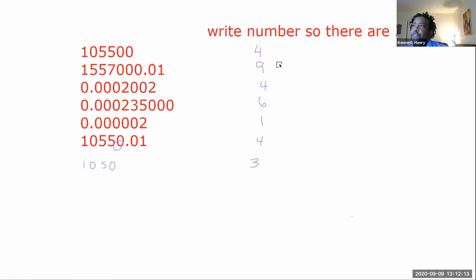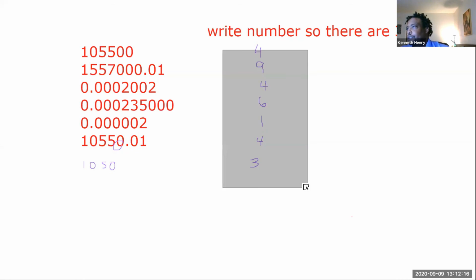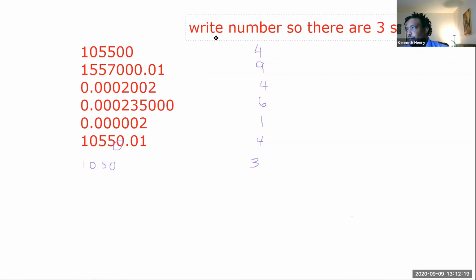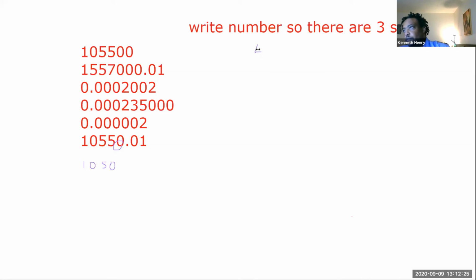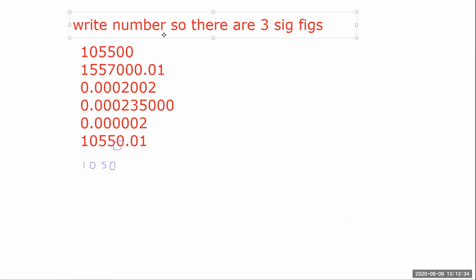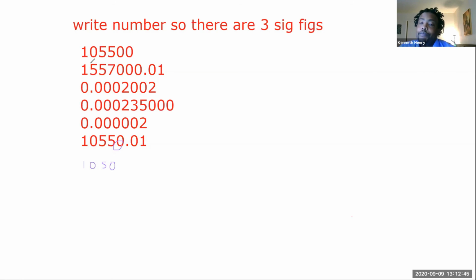So if I want to write this so that there are 3 significant figures, what would be the answer to the first one? Would it just be 105? Now remember to put our placeholders, because it's 105,000, not 105. No. Okay, so then the answer would be